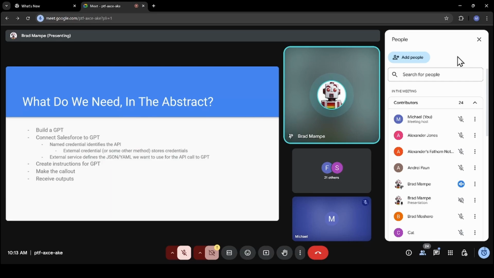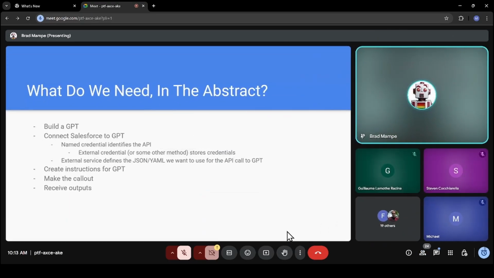So we're going to create a named credential, and we're going to create an external credential for that named credential. So we say, hey, this is the OpenAI endpoint that we're pointing to, and this is the credentials for that account that we're using. Then comes the big piece, and I'm glossing over it in the deck right now, but in the demo, it's going to be serious because we have to create something called an external service. That external service uses the named credential to make the call out, and once it's registered with all of the JSON or YAML that says, hey, OpenAPI, I need this stuff from your schema, we're going to pull it back into Flow.